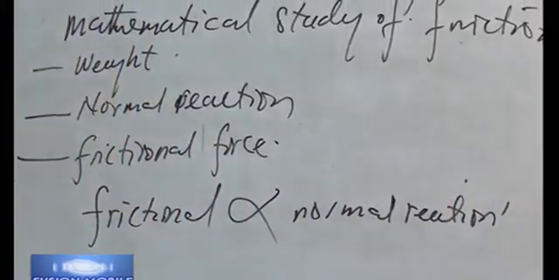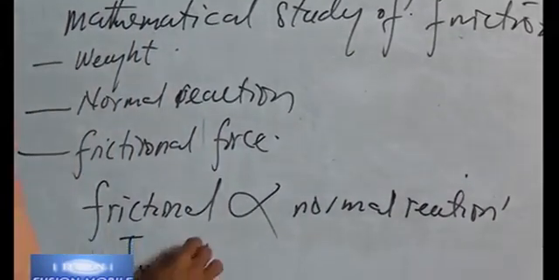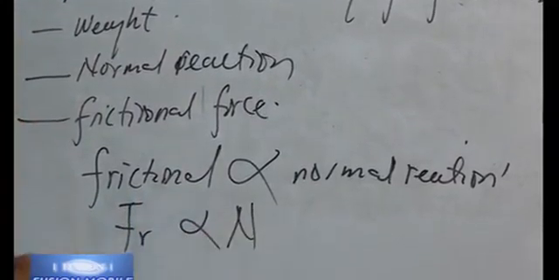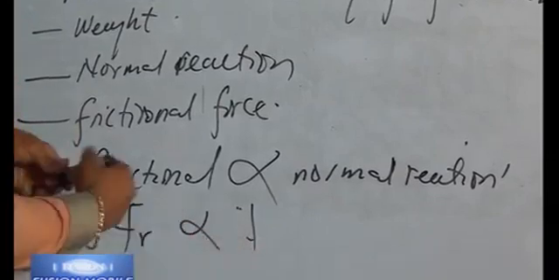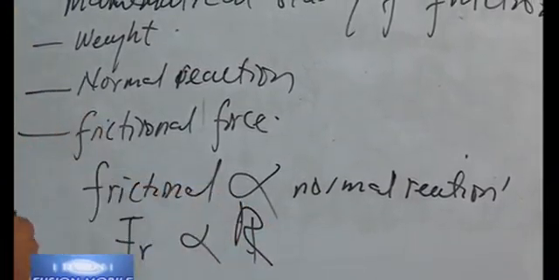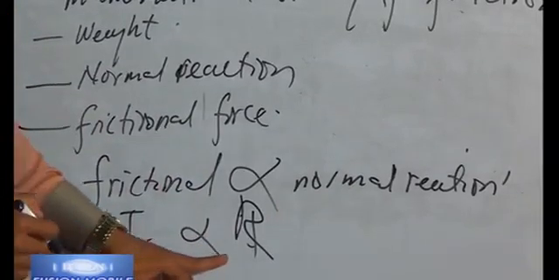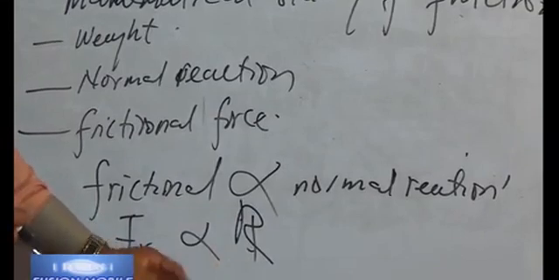Frictional force is directly proportional to normal reaction. So we'll say that Fr is directly proportional to N, while some textbooks use R. I would like us to maintain R. Frictional force is directly proportional to R. And for me to remove the proportionality sign, which is a dummy sign, to bring an equality sign, then a constant